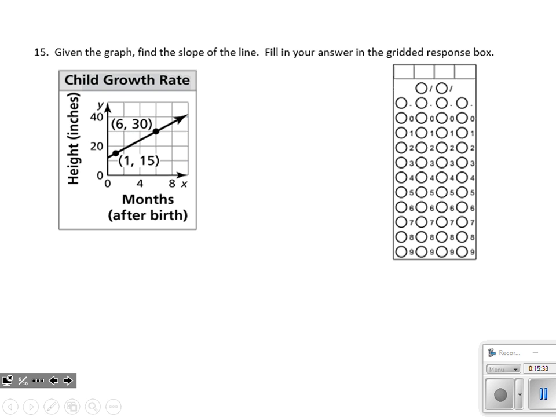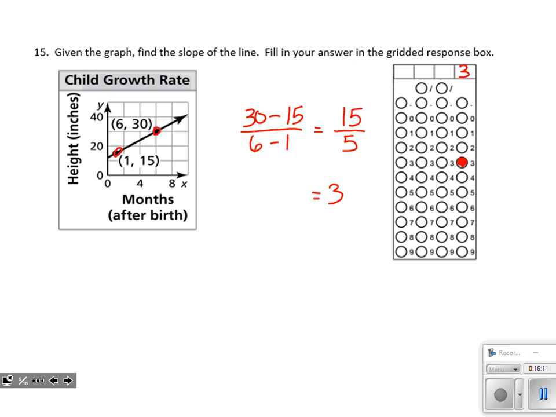Nice things to note about these types of questions, they will always be positive, and they always come out to values that will fit in 4 spaces here, unless they tell you to round or something like that. So here, if we find our slope, let's take these 2 points that are given, and we're going to do y2 minus y1 over x2 minus x1. And just grabbing the x and y values out of that table, 30 minus 15 is 15 for our change in height, or change in y, and then 6 minus 1 is 5. That answers 3. So we bubble in a 3, fill in 3 in the box up above, and we are